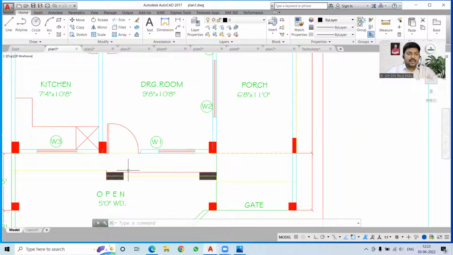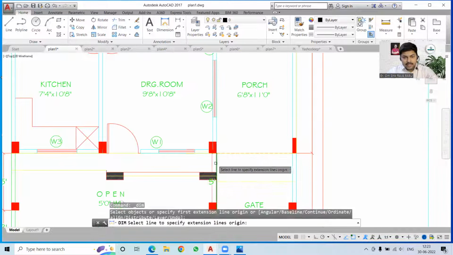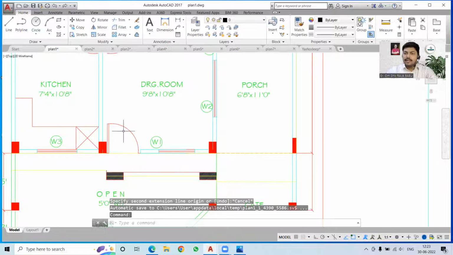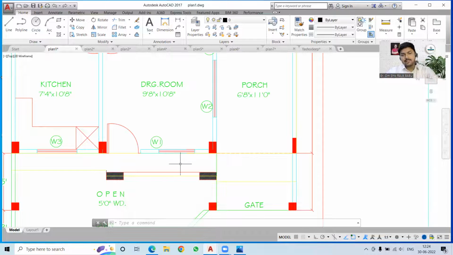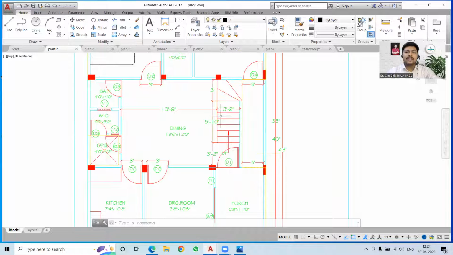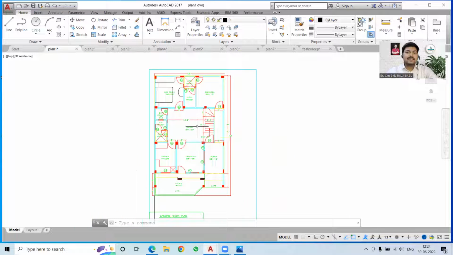If you want to check the dimensions, then I can also check it for you. So it is 1 feet 8 inches, so that is good for the passage of any person. One person needs a space of 1 feet 6 inches for movement, and it is more than that. So yes, we can go with it. And then we have this porch area where we can park our vehicles, and we also have a door opening directly to the staircase. So we can simply say that this is a house plan in which the staircase is outside the house,